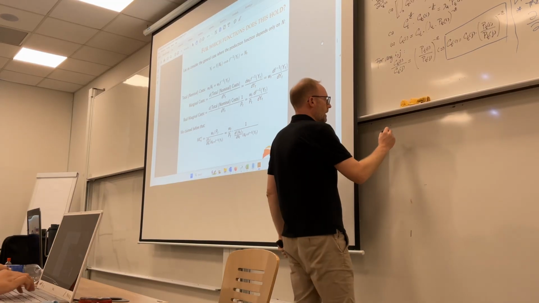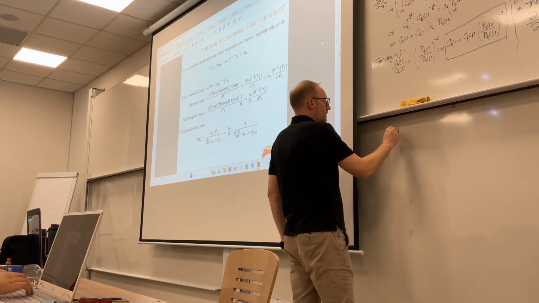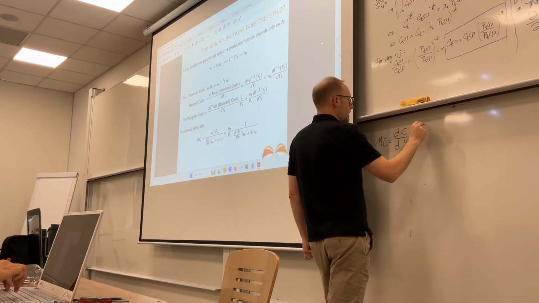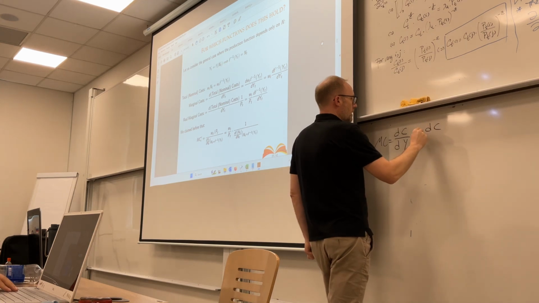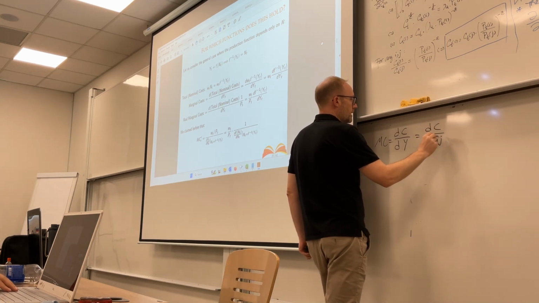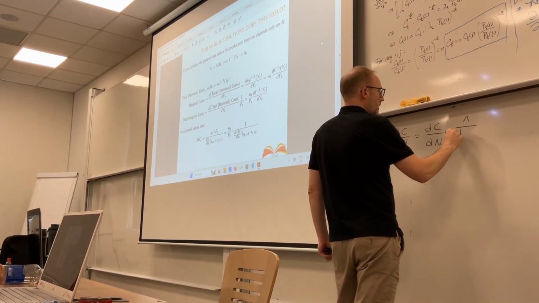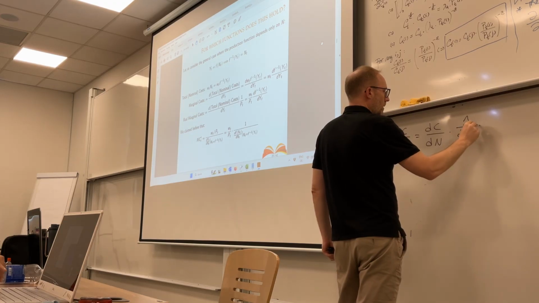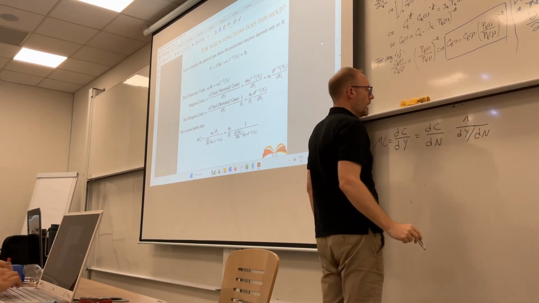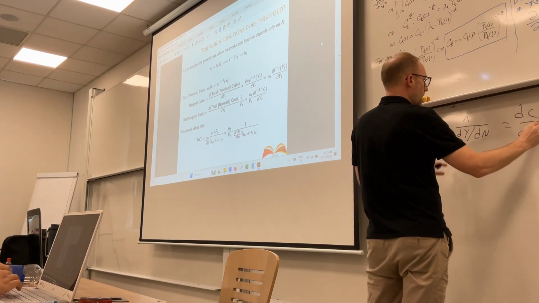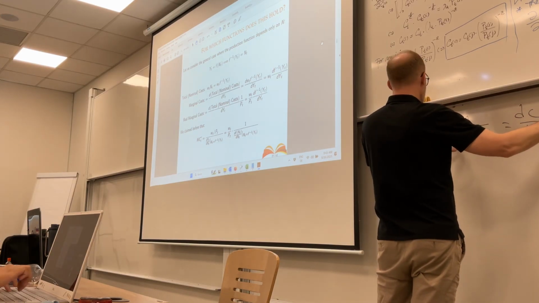So I said that the derivative of some costs with respect to output, so this is marginal cost, is equal to the change in cost with the change in our labor input times 1 over the marginal product of labor,